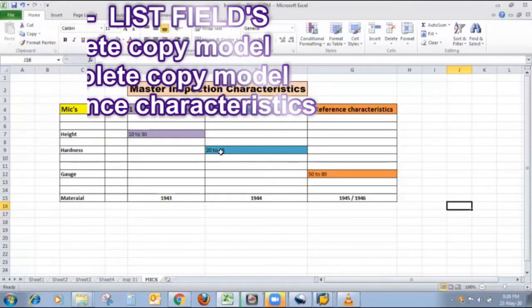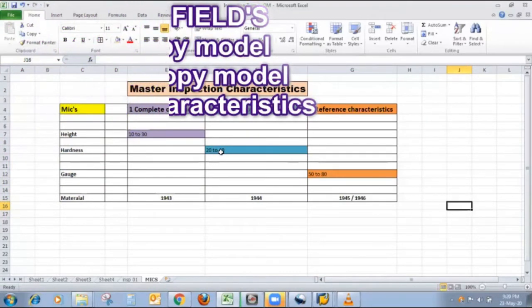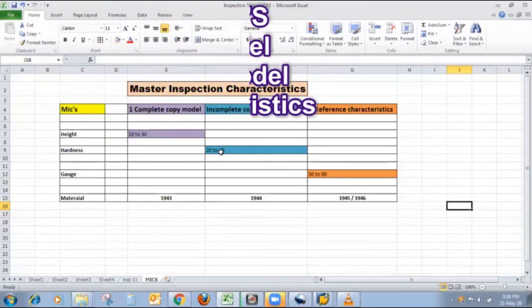In hardness, I will make the incomplete copy model, and in gauge, I will make the reference indicator. With the help of this sheet, I make their lower limit and upper limit with respect to this inspection type chart. So friends, let's move towards the demo.